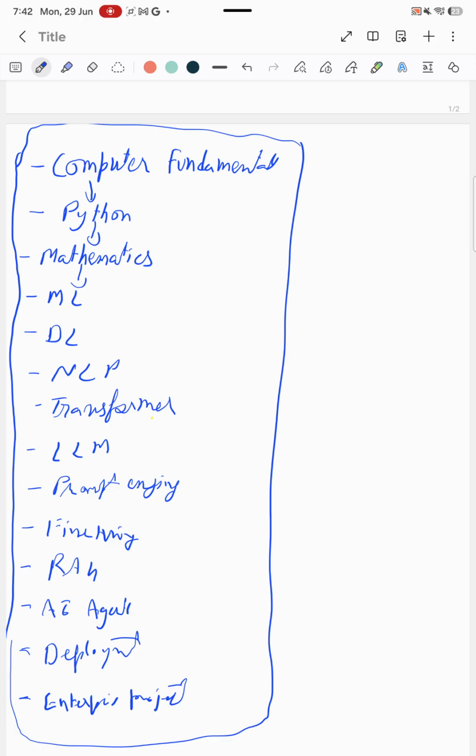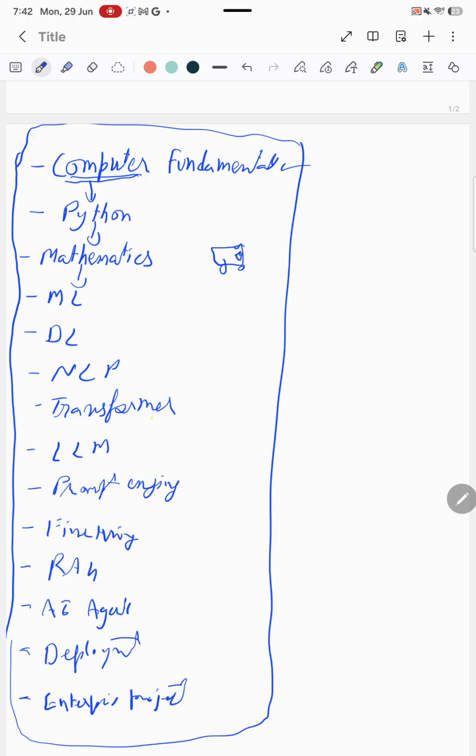For example, today we are going to study computers. We will not go into AI directly. We will start with computers, and there is a reason for that. Imagine teaching someone how to build a Formula 1 race car before they have learned what an engine is.